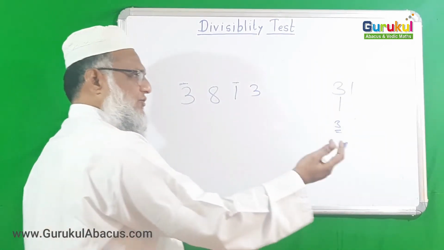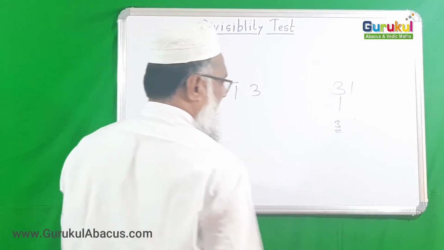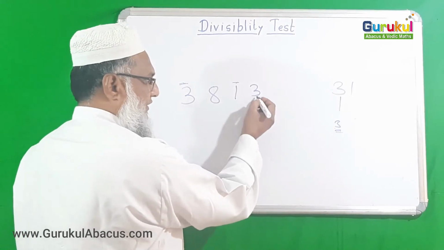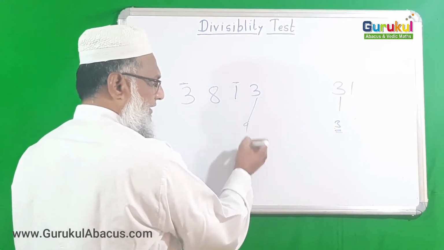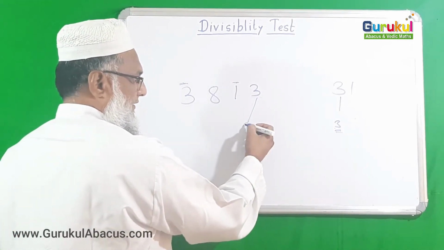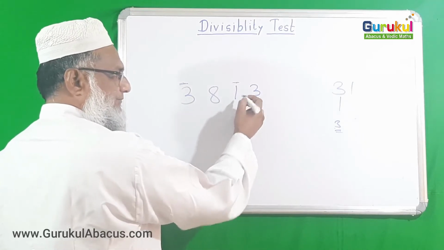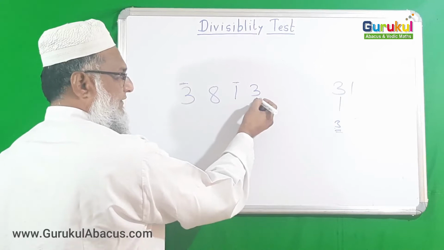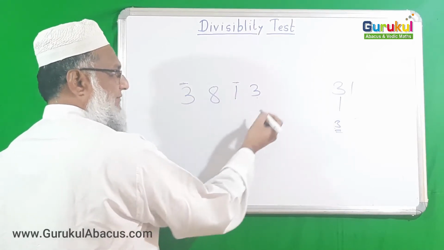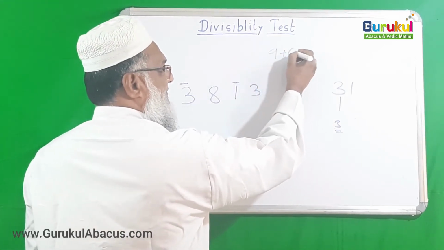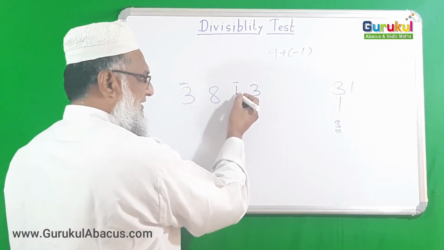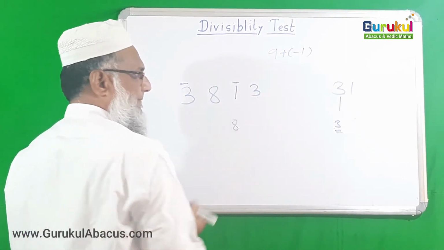Okay, now our procedure is going on. The ekadika is 3. So what will you do? 3 3s are 9. First, 3 3s are 9. We are getting 9 here. Then we add the next digit, 9 minus 1. It is 9 plus minus 1, because it is bar. 9 plus minus 1, we got 8.